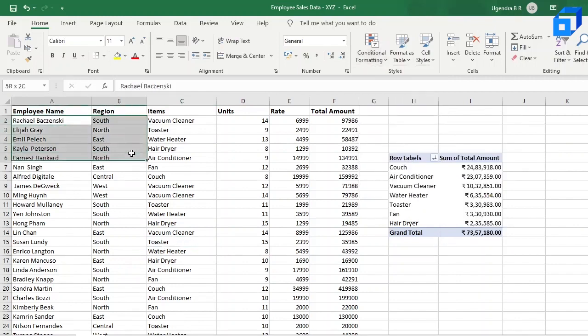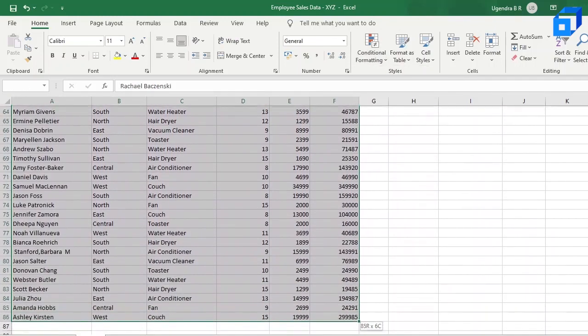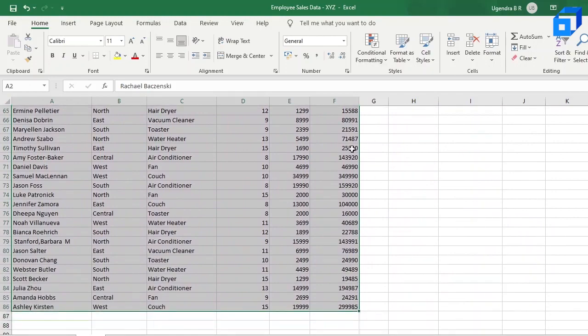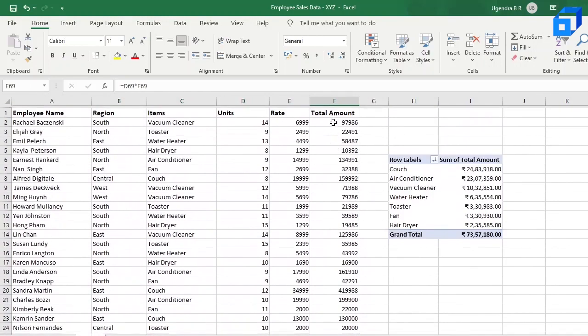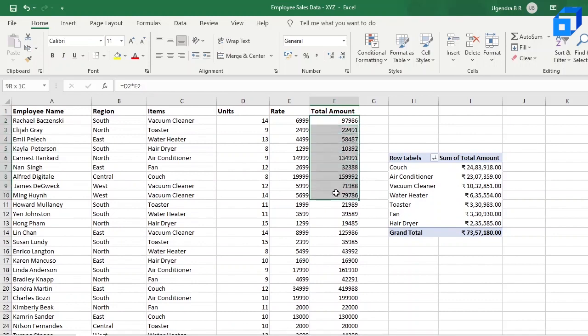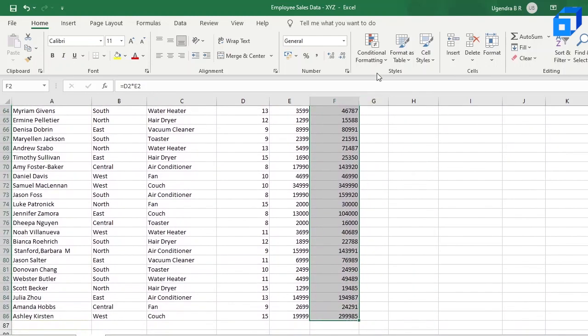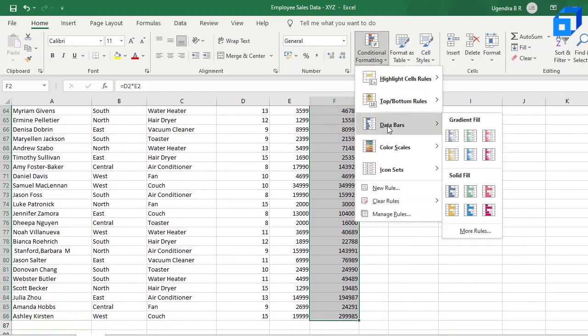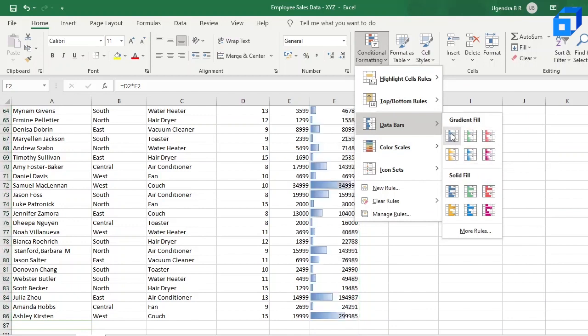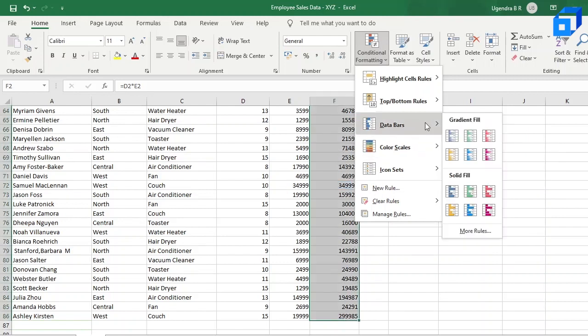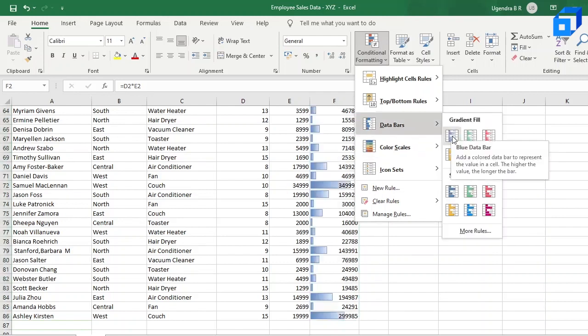Selecting the data set, and then since we want the data bar only for this, let us select only this column and click on conditional formatting. And now if you hover on these values, as you can see, as and when you hover on these options, there is a change over here as well. So as and when you hover over here, the data bars have been put to that column.